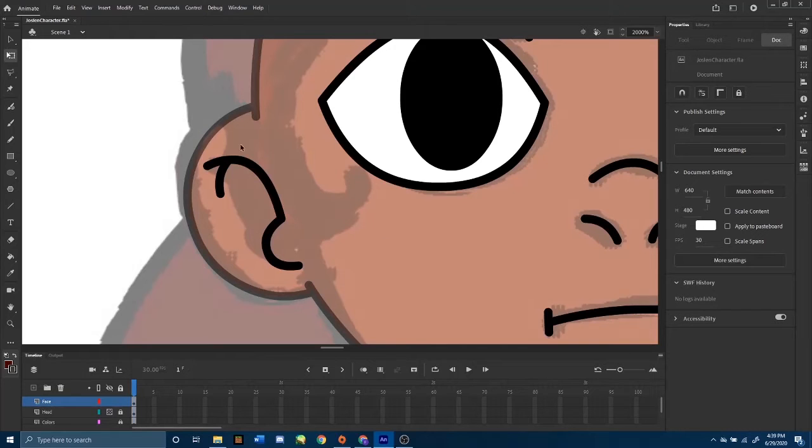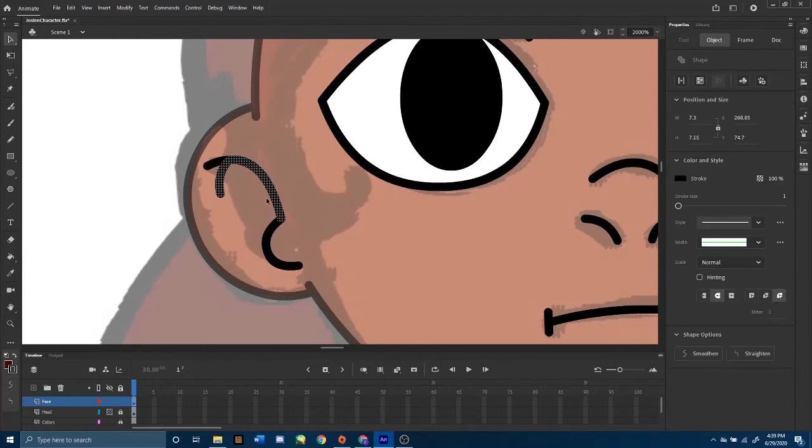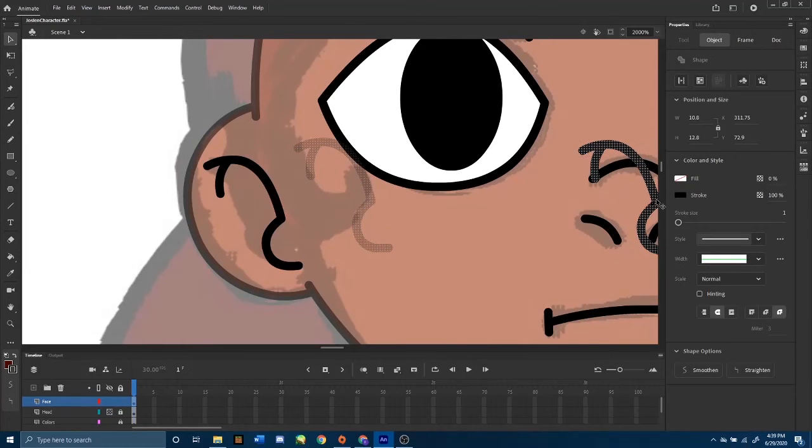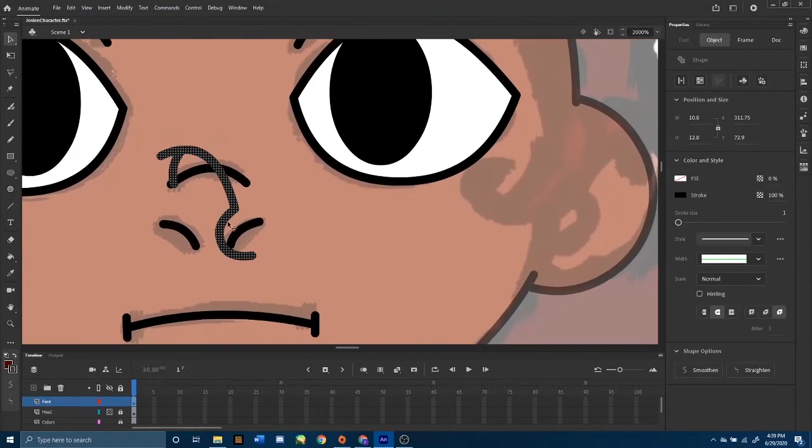There we go, much better. And I'm going to select that entire set of lines by holding Shift and selecting the entire set there. Then let's press Ctrl+C and Ctrl+V, drag it over to the other ear,